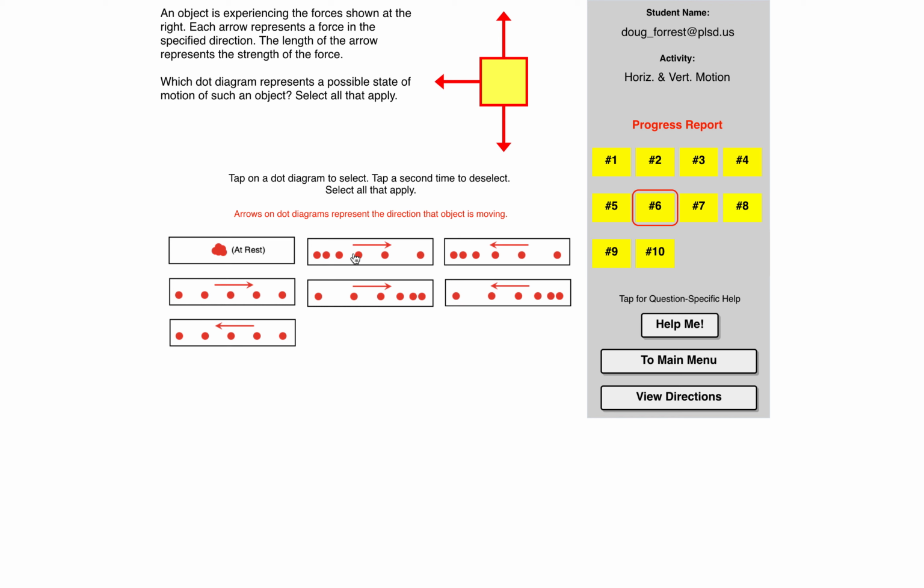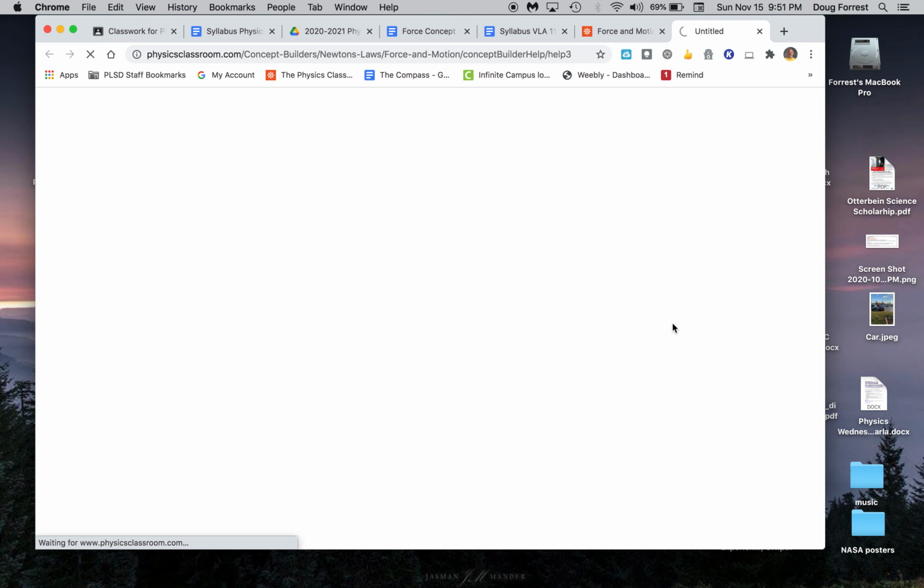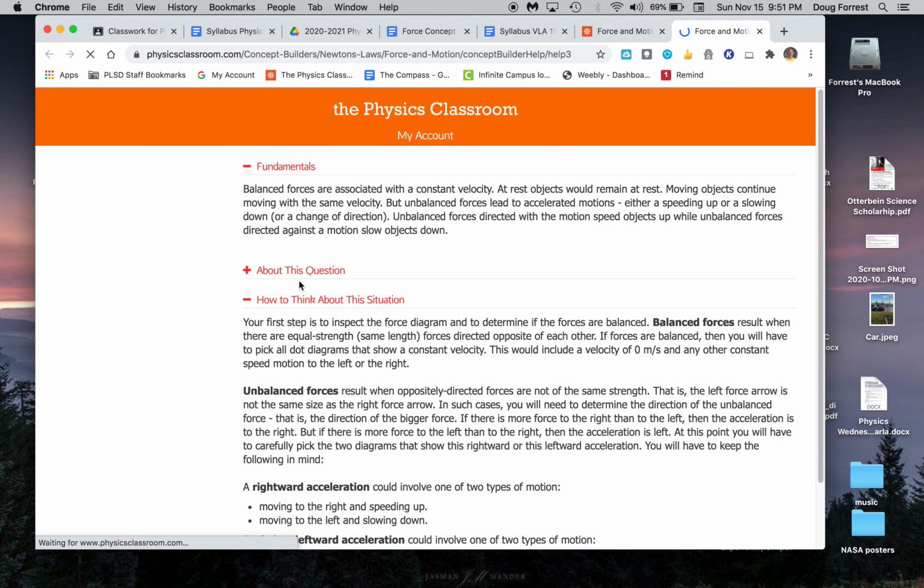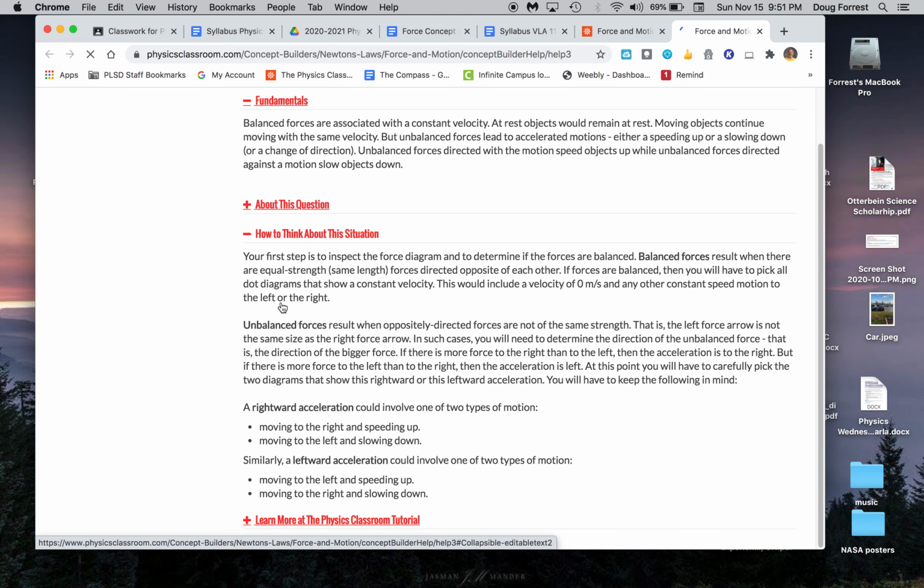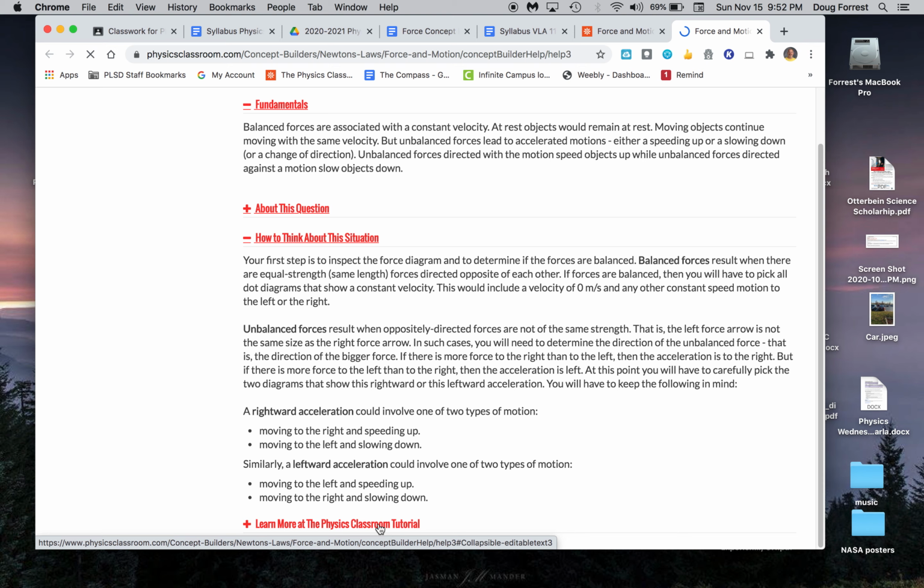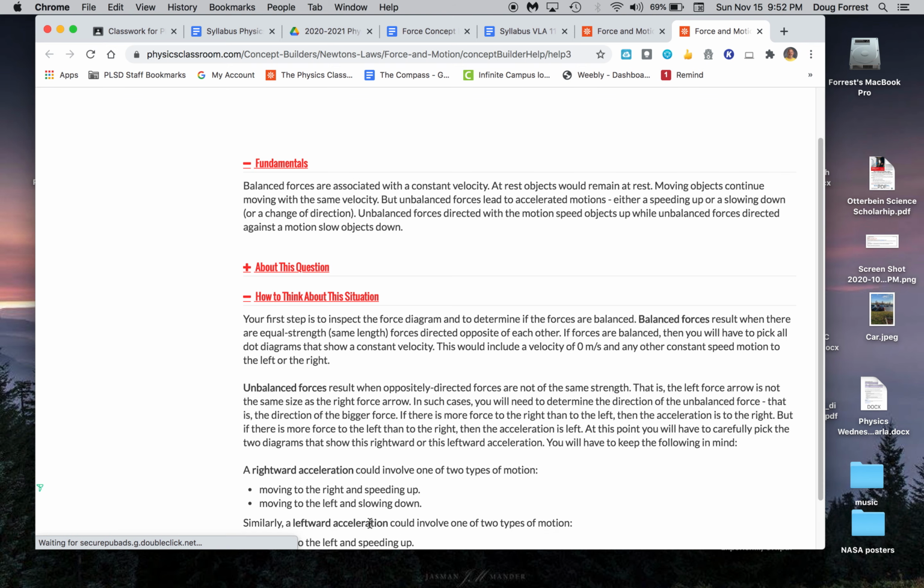So these are motion maps or dot maps. I think we've seen these before in physics classroom. We'll see them again in class with some labs we do. If you're unsure about how to do that, remember you can go to Help Me. That opens up a new window. You can think about this question, you can think about the situation. If you want to go to where they talk about the dot diagrams in particular,